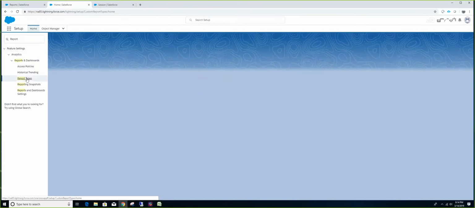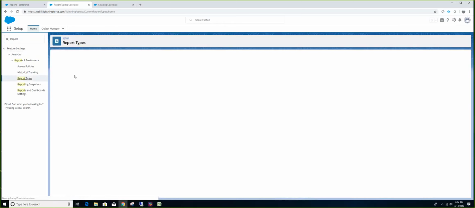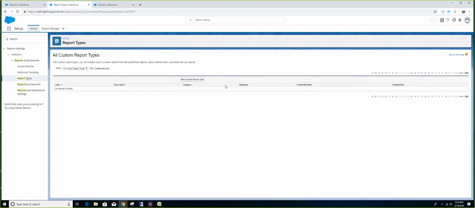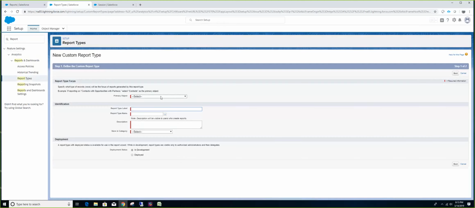So you just want to go to report types. I'll just say continue. I want to create a new custom report type. I'll choose the primary object as contact. Okay. I'll show you what advantages.